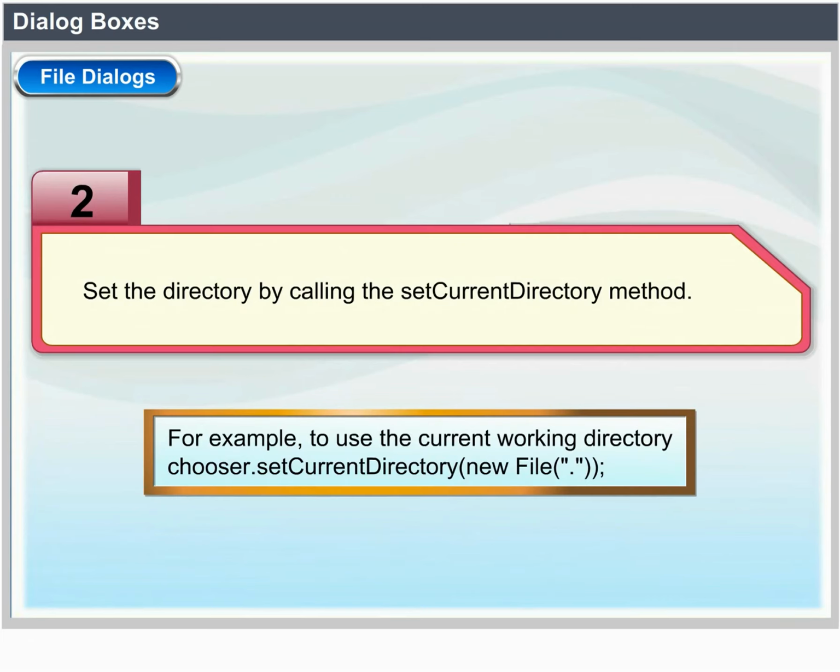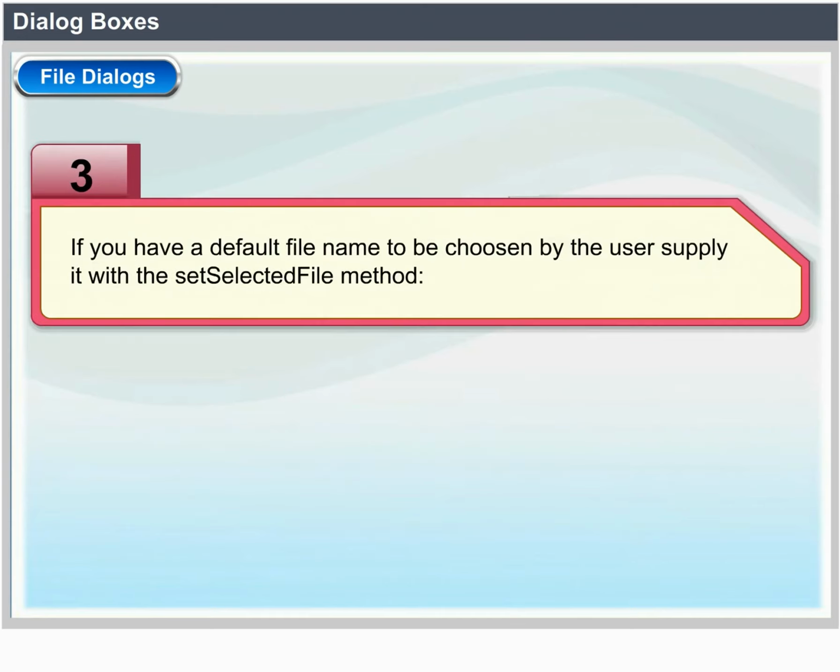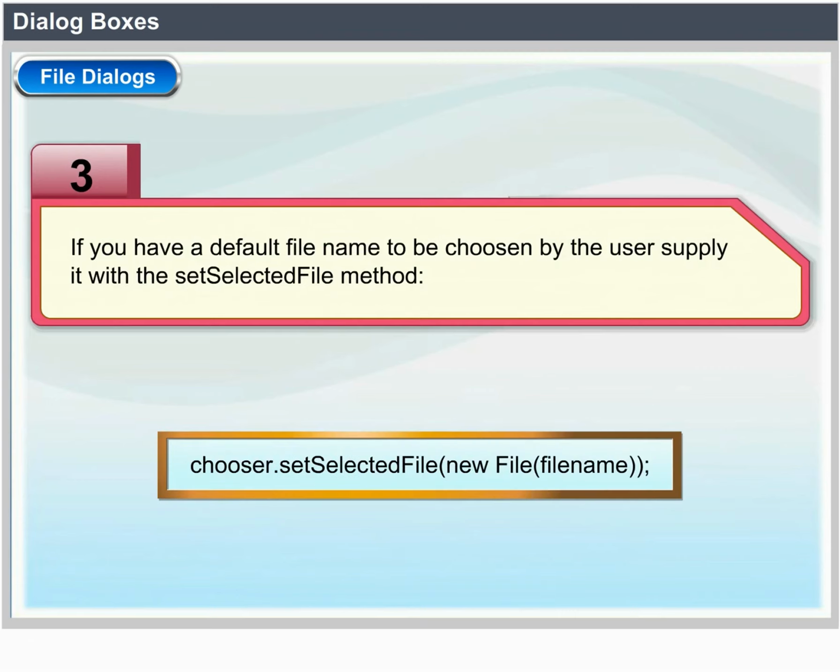For example, to use the current working directory, chooser.setCurrentDirectory(new File(".")); If you have a default file name to be chosen by the user, supply it with the setSelectedFile method: chooser.setSelectedFile(new File(filename));